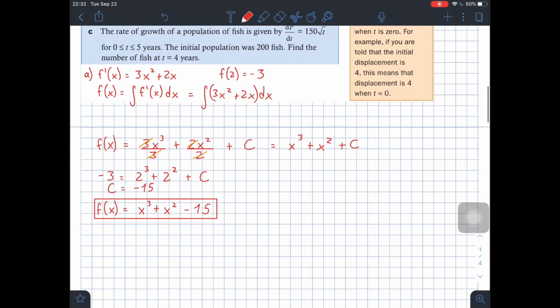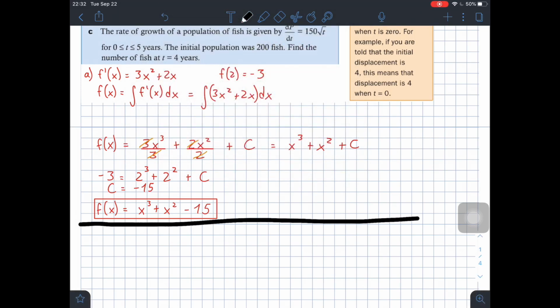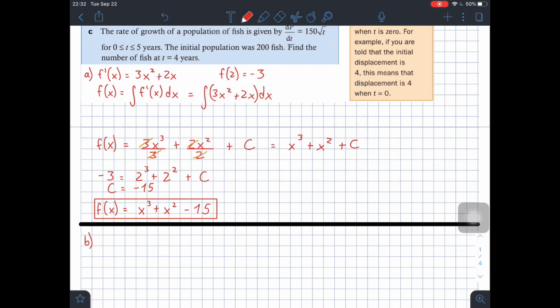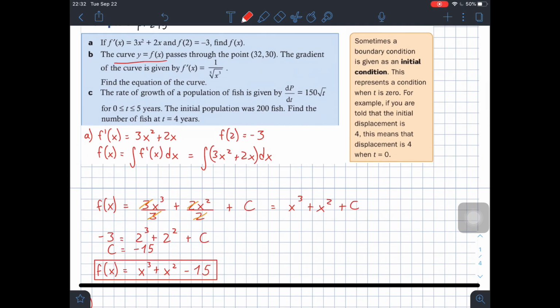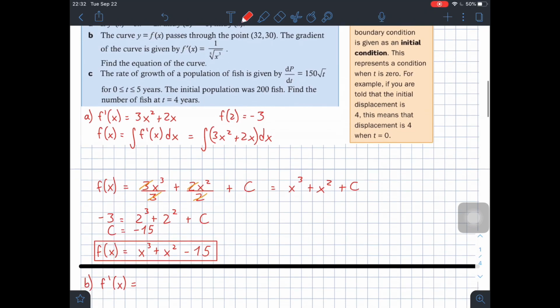Okay, so let's see exercise B. Let me separate this using a line. There. Okay, so for exercise B, we have the following. It says, the curve y equals f of x passes through the point (32, 30). The gradient of the curve is given by, and we're given f prime of x, which is equal to 1